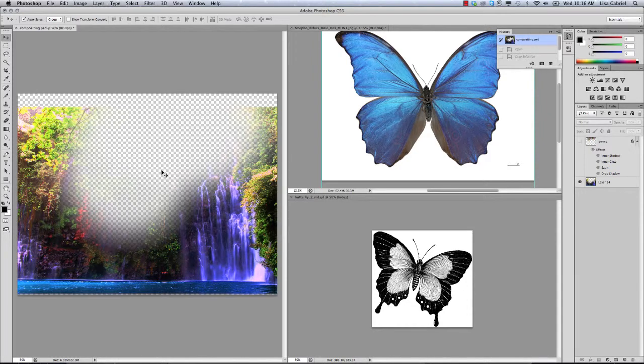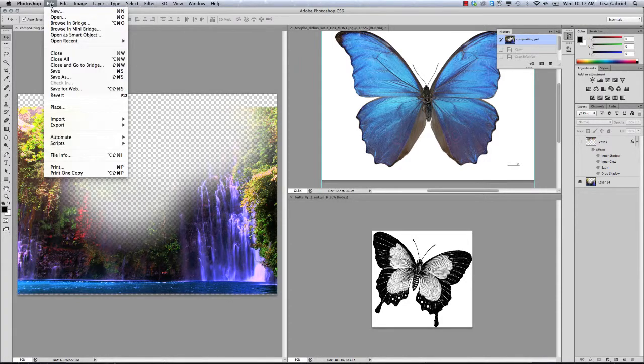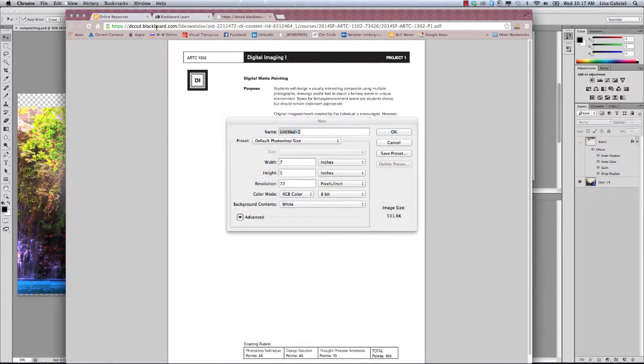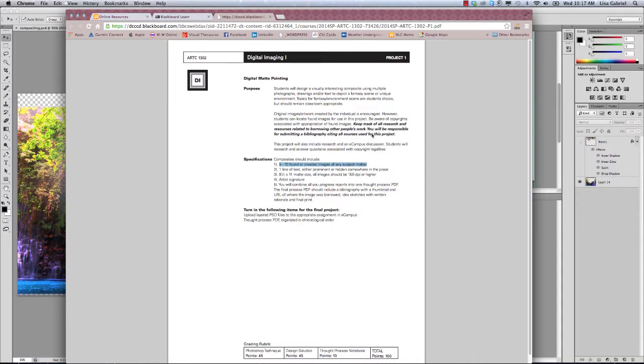Okay, now before we go any further and talk about all of that, I want to talk about how you should begin and start your project. Okay, so you should have Photoshop launched, and you'll go up to the file menu here and you'll pull down to New to create a new document in Photoshop. So basically what I'm going to go through here is what everybody should be using to set up their file. And where am I getting this information? Well, back here again to the assignment handout,